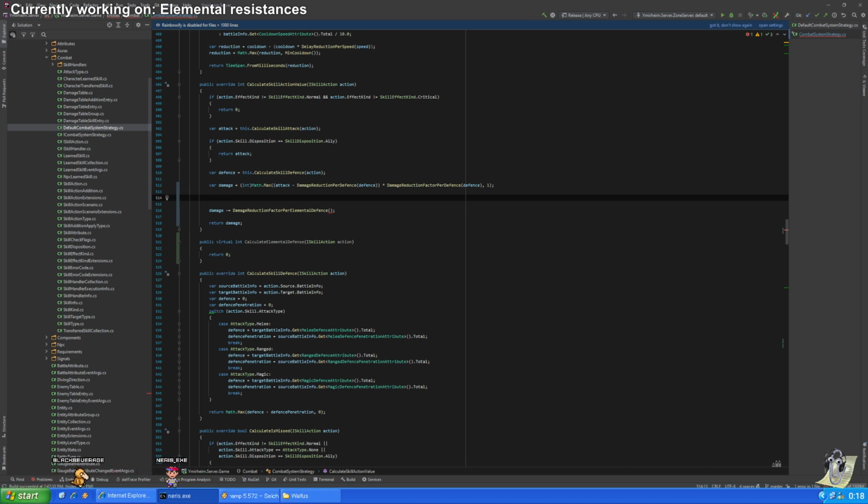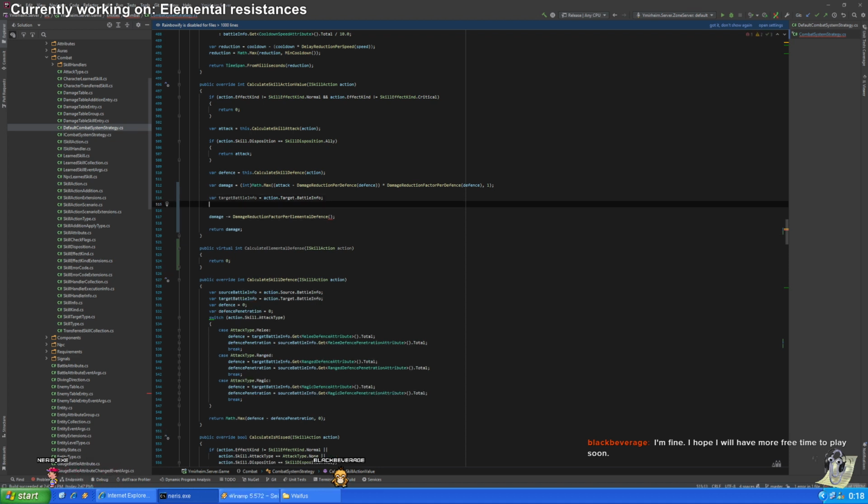So this is gonna be target battle info, action, target battle info. Then